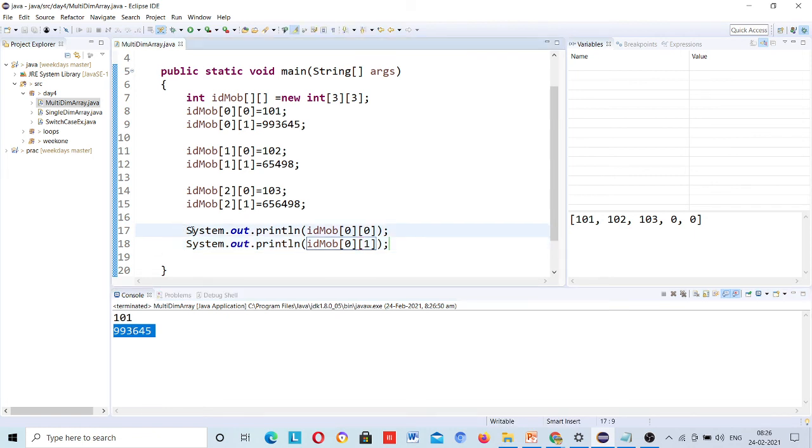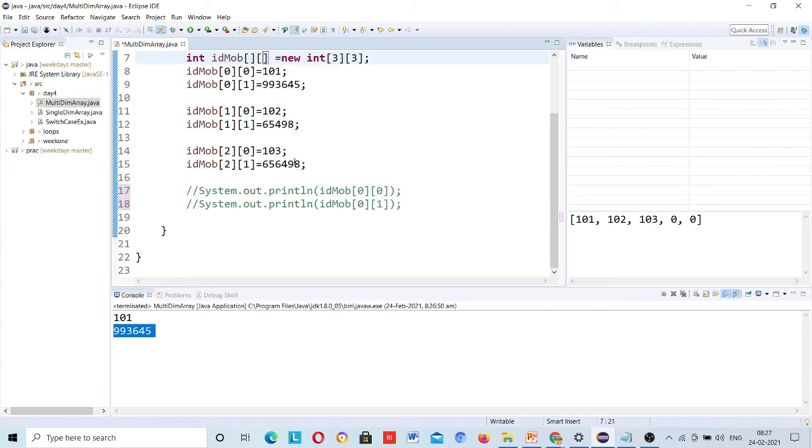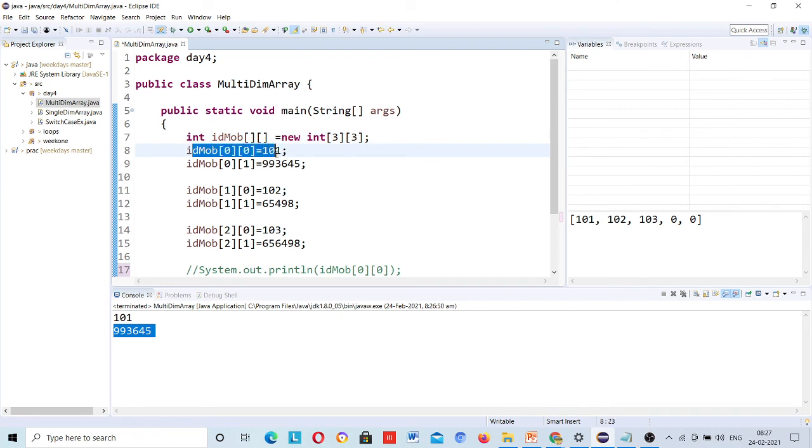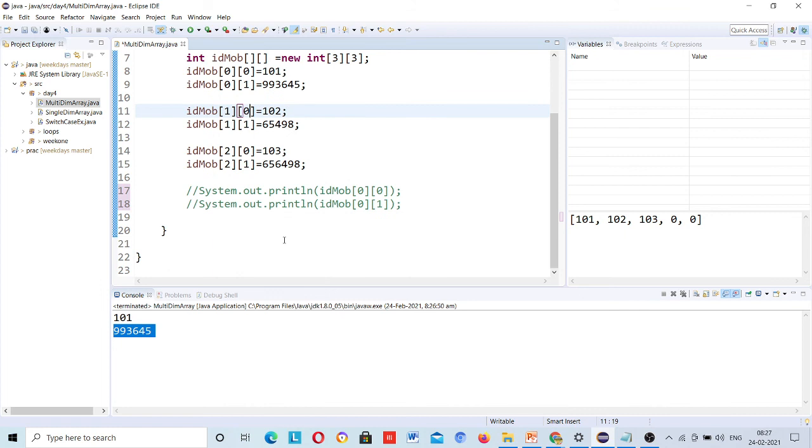But if there is similarly hundreds of data here, then use a for loop. And now what for loop will be used here, single or nested? Nested, because you actually have a multi-dimensional array. So this is your first loop, this is your second loop. If you want to access all values, changing the indexes 0 and 0, 0 and 1, and then 1 and 0, then some value will be there.